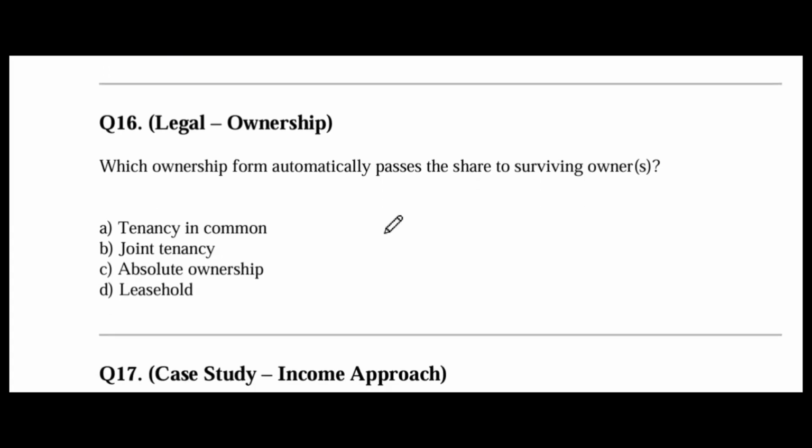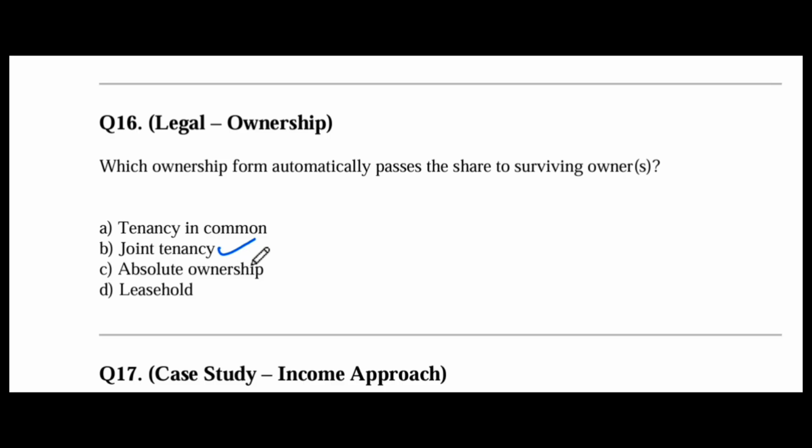Which ownership form automatically passes the share to surviving owners? Tenancy in common, joint tenancy, absolute ownership, leasehold. In sessions previously we discussed it. The answer would be joint tenancy. Joint tenancy includes the right of survivorship. Upon the death of one joint tenant, their interest automatically passes to the surviving joint tenant. So there is no transfer of property to the successors of the